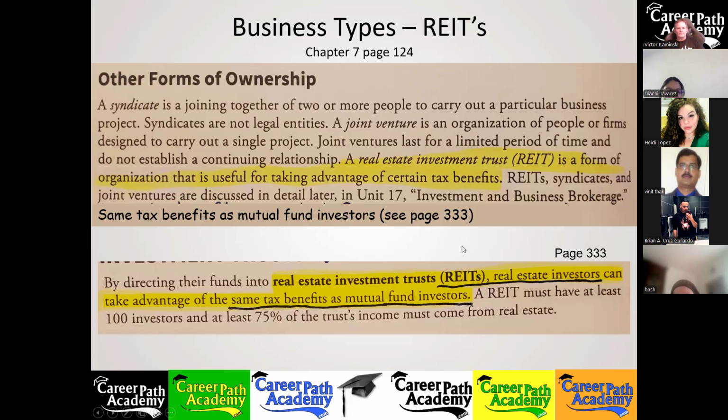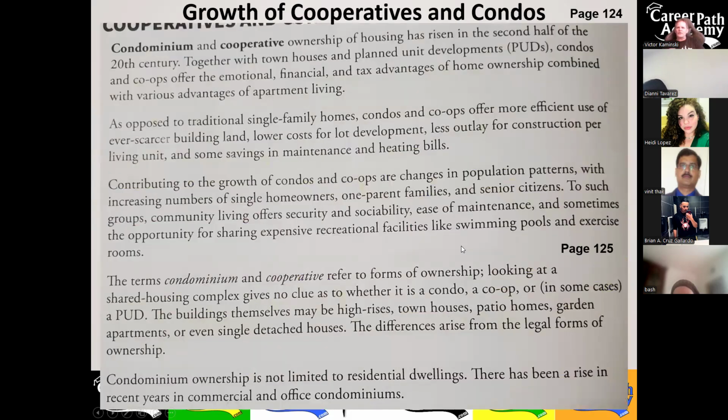All right. So let's talk now. We're going to switch over. We're done talking about businesses and real estate investment trusts and such. So now we're going to move on. By the way, the REITs, study that stuff, add that to your notes, giving you a heads up right now.